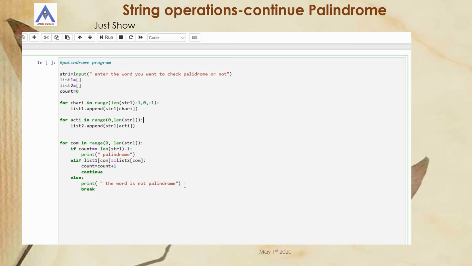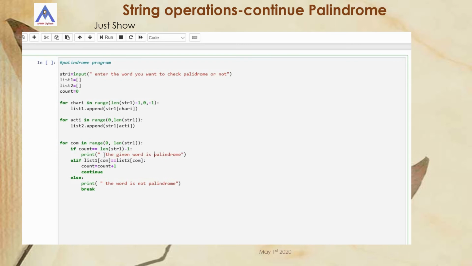The next, third loop, that is for comparison, in range 0, comma length of string 1. If count equal to length of string 1 minus 1, then you have to print the given word is palindrome.